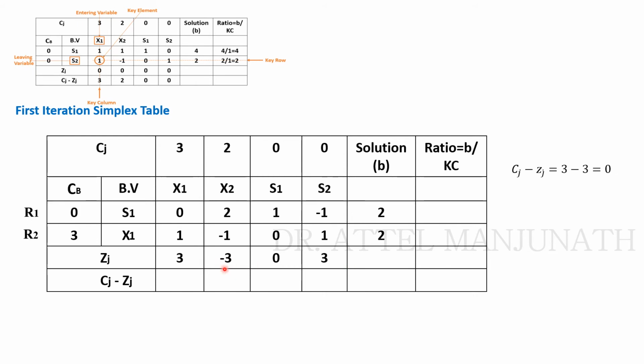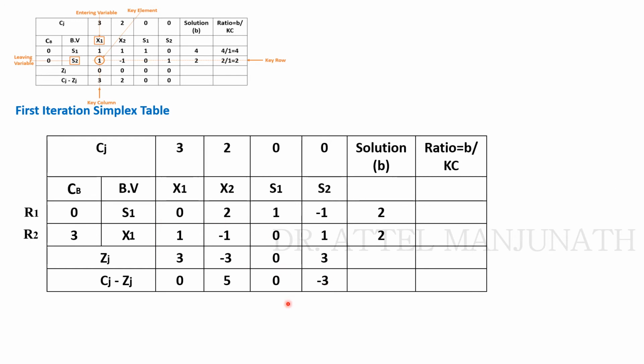And also along with that, you can calculate the next values by subtracting Cj minus Zj. So 3 minus 3, 0. Here it is shown 3 minus 3 is equal to 0. Now next 2 minus of minus 3. This is minus 3, so it has to be subtracted in minus, so it becomes plus. You will get the plus 5 value. And again here 0 minus 0, you will get 0. 0 minus of 3, so you will get minus 3. So these are the values what you got.